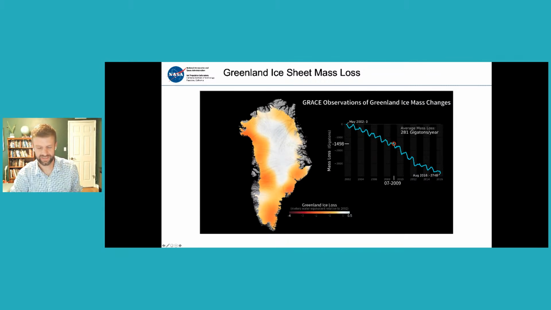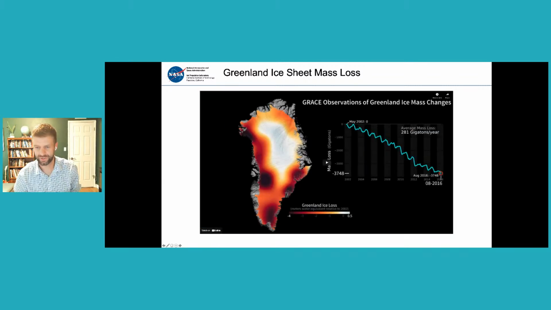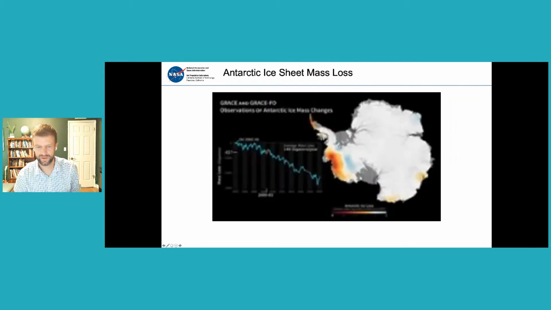So you can see in a lot of these different areas, Greenland's losing a great deal of ice over this time period. Again, something to note there on the right, it's a very definitive decrease, right? So there's very little ambiguity in whether or not Greenland was losing ice. We know it very well. We know that rate very well. And I can show the comparable one here for, let me see, Antarctica. So this is the Antarctic Ice Sheet. There it is.